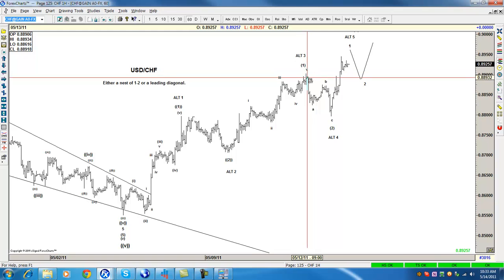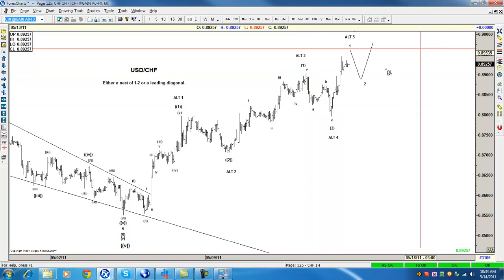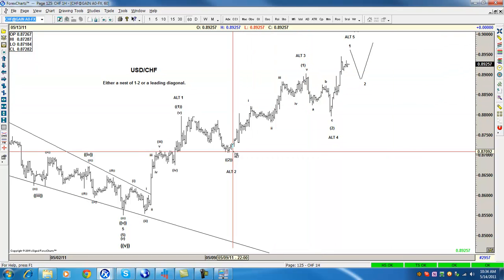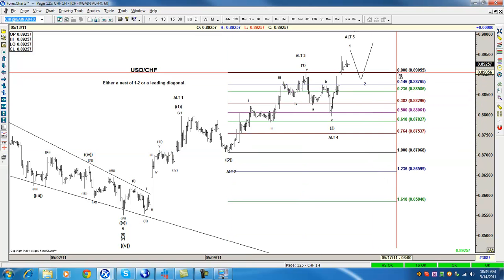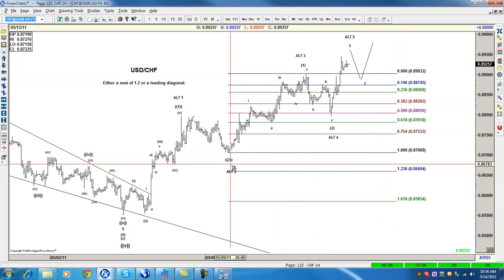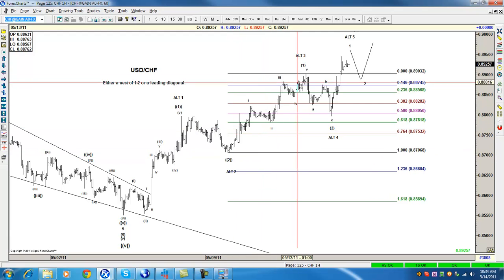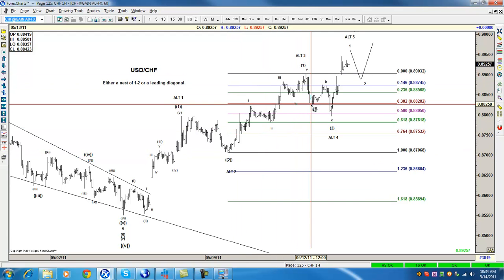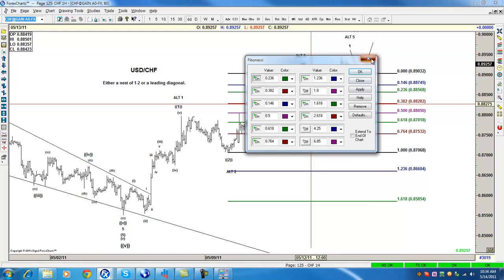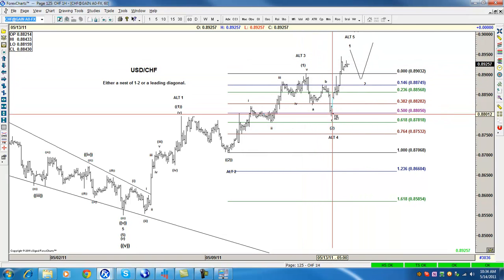Look right here, you see this is the wave A. Right, what you do is you take the figure of the cycle. This is the cycle. If you see that it goes to the 3802, most likely the C wave is going to go either to the 50 or 61.8 or 76.4.